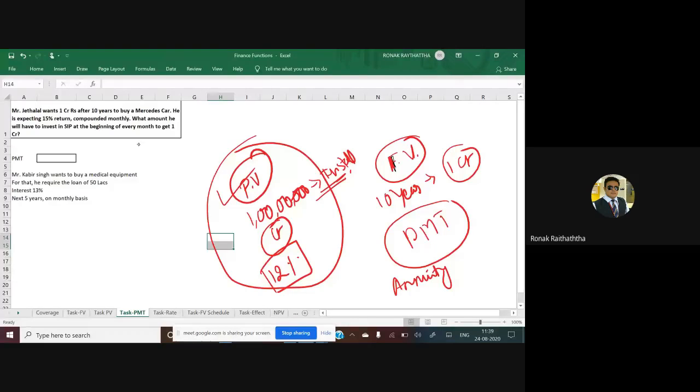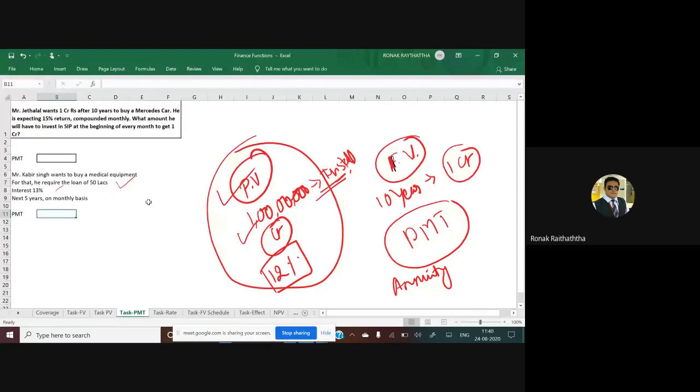And 1 crore rupees which you are taking, or in this case 50 lakhs rupees, which you are taking in the present, 13 percent is the interest rate per annum which you are supposed to pay on this. And over the next 5 years, you're supposed to pay the monthly installments. Okay, so let's find the PMT now. Here in this case, future value is not given, present value is given. So PMT would be equal to, start with the formula of PMT.